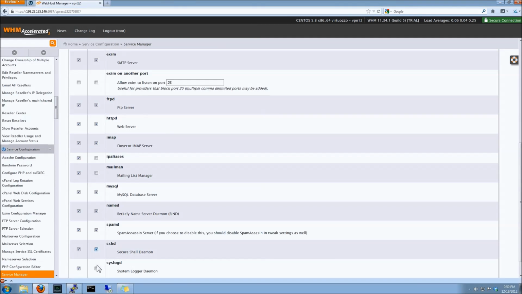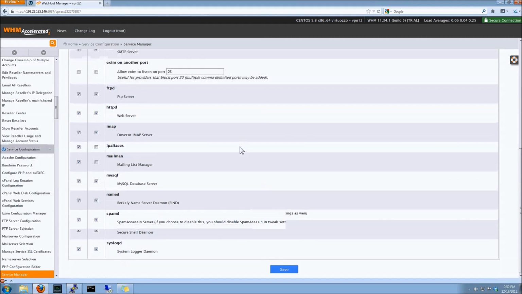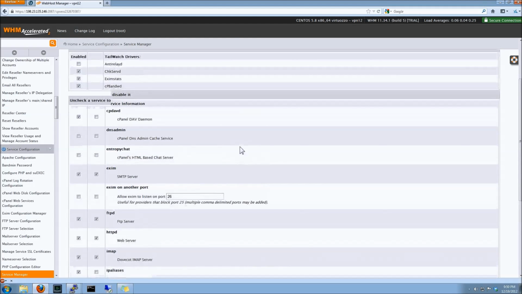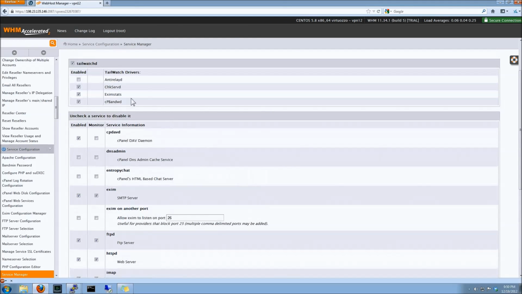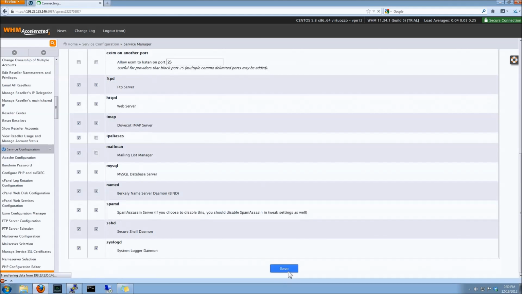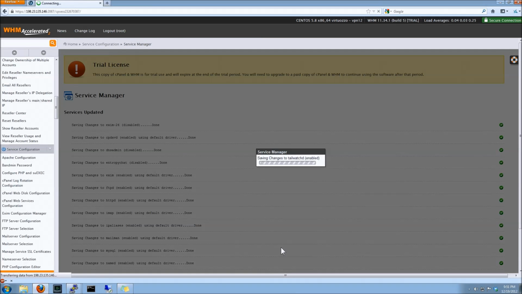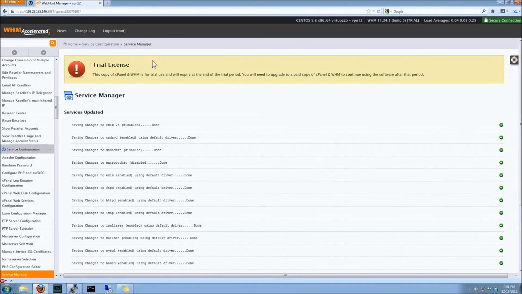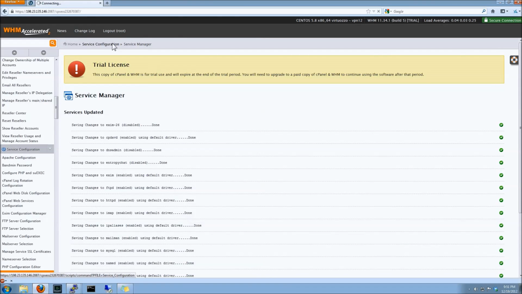But you can also come in through here and disable some stuff. Like if we don't want to run the XM stats, we don't want to check the bandwidth, we don't want to see the brute force attacks and stuff, we can choose that and mess around with all that, but typically the defaults are fine, so we're just going to leave that at that. And that pretty much covers all the services and